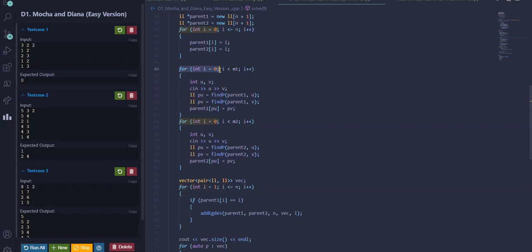It's very straightforward. So for M1, I'm getting two nodes u and v, which represents that there is an edge between u and v. This find p function is basically giving us the ultimate parent of this u. By ultimate parent, what I mean, in case you don't know about the union find algorithm, what I'm going to tell you is that, suppose this is the parent 1